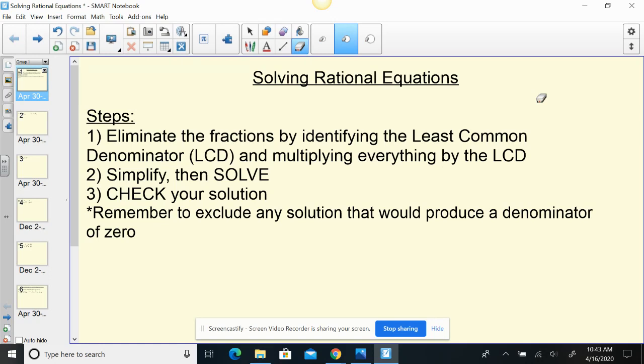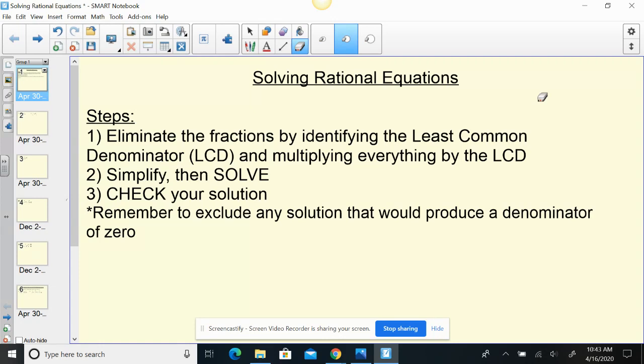All right, so your steps. If you need to pause this, go ahead and pause this, but as a class, we've learned that we don't really like fractions. So we're going to eliminate the fractions by multiplying by our LCD. Then we're going to simplify and solve. We're going to check our solution, and we're going to make sure to exclude any solution that would produce a